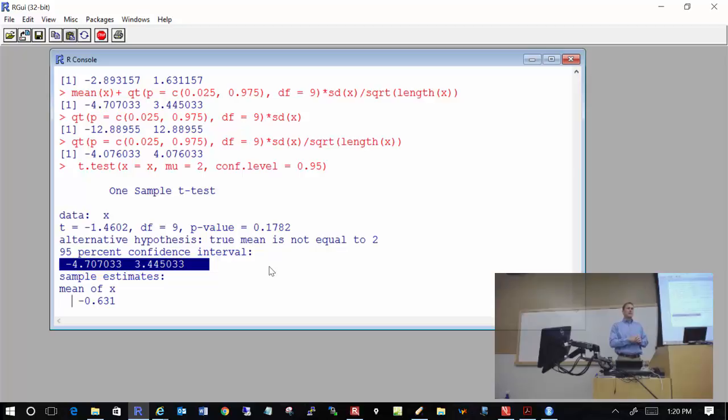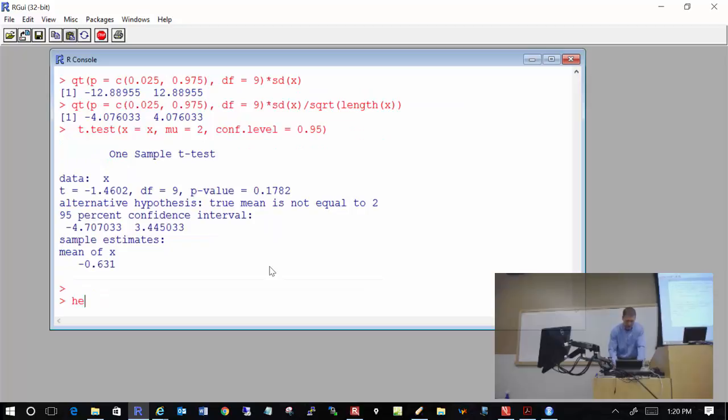Yes? So when you do those options in the parentheses, do we have to specify that mu is equal to this value? Well, let's see if I had to actually specify something. I don't remember off the top of my head. So I can look up the help for t.test. I could find it in a similar manner as before. t.test is in the stats package. Another way to find help that's actually quicker, and it is in the notes but I failed to mention it,